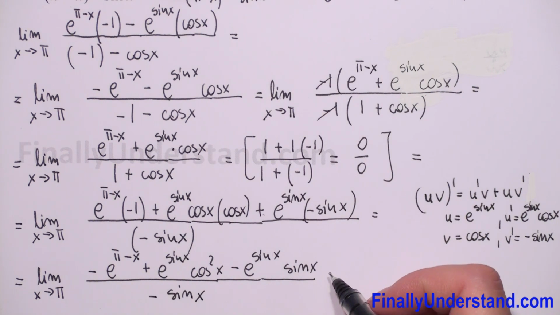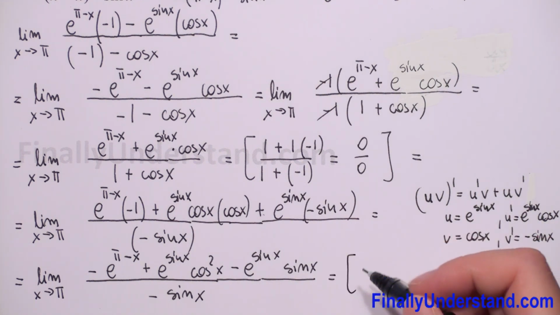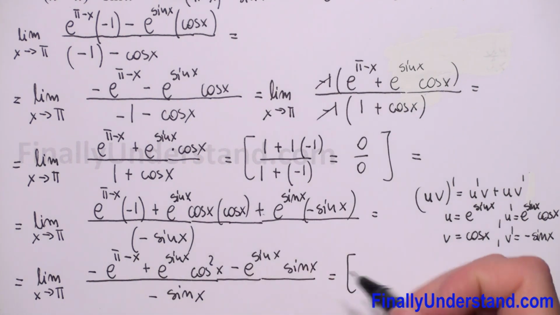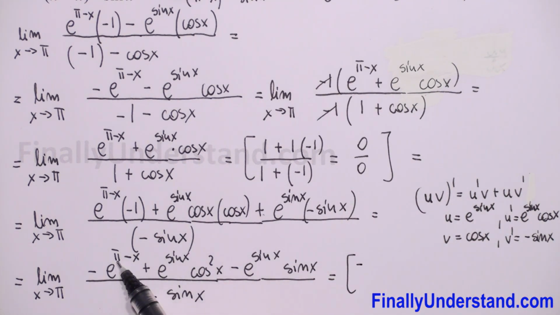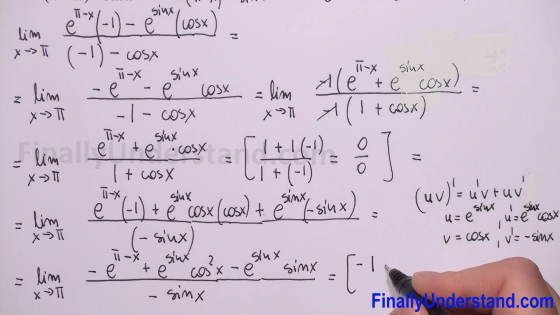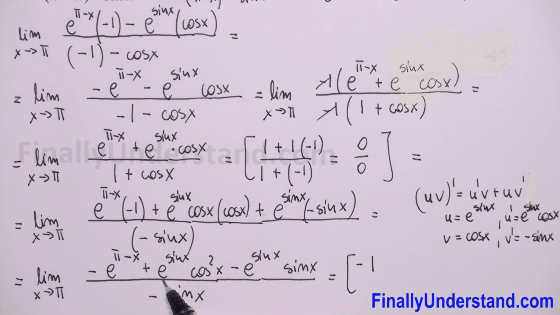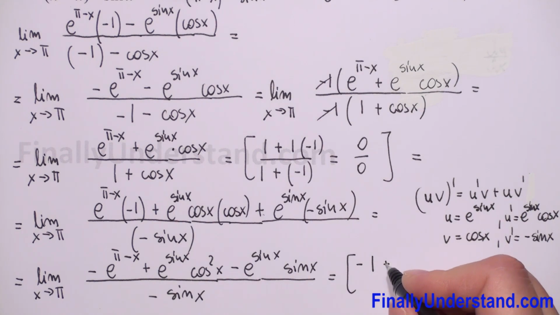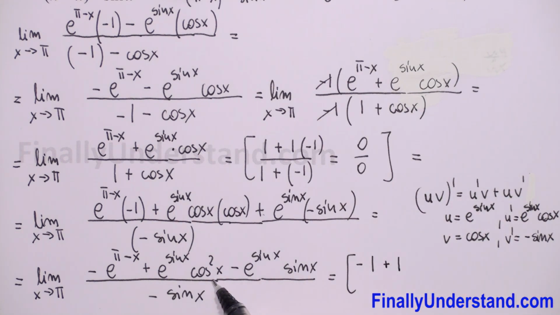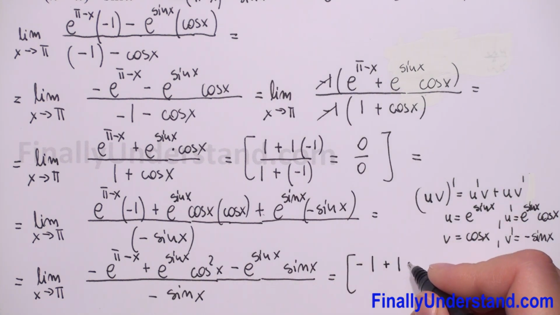Let's check what will be now when we replace x's by pi. So this is equal, I will put this in brackets. We have negative sine first, and we have again pi minus pi is 0, e to power 0 is 1, and now we have sine of pi is 0, e to power 0 is 1, so we have plus 1 times cosine of pi is negative 1 square, it will be 1, so 1 times